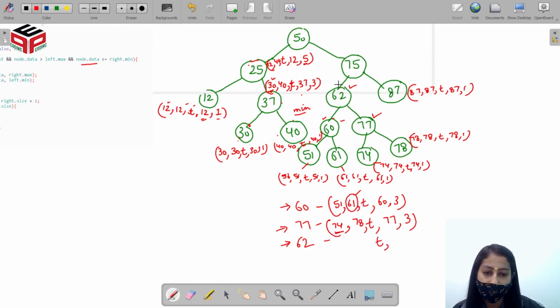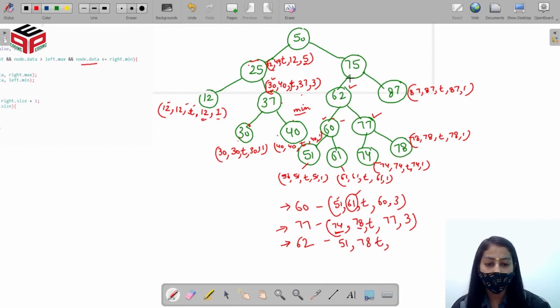Now the minimum value will be set to the minimum of 62 and the minimum of left subtree. The minimum of left subtree is 51, so the minimum will be set to 51 and the maximum will be set to the maximum of 62 and the maximum of right subtree. So the maximum of right subtree is 78, so it is greater than 62, so the maximum is set to 78.